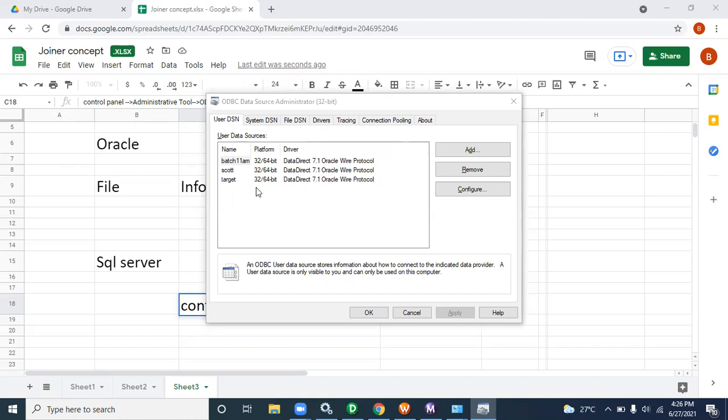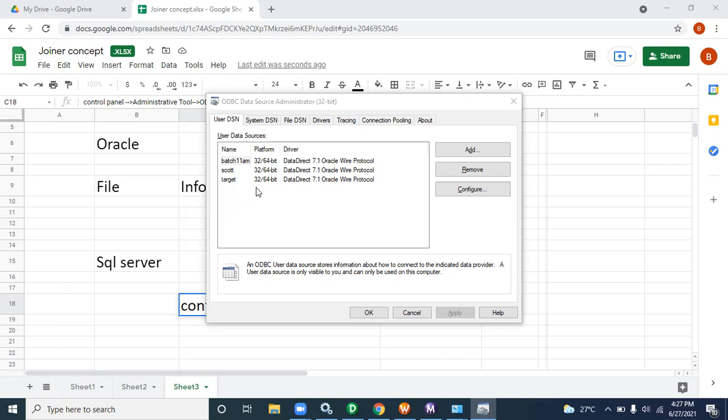Yes, yes. So this is if you are practicing on Windows, but when you are working in real time, this work is also handled by the admin team, because connection creation, each and everything is handled by the admin team. If it's Unix or Windows, doesn't matter. Connection level, installation level, configuration level, each and everything is taken care of, and the code migration also. Code migration, each and everything is taken care of by the Informatica admin.